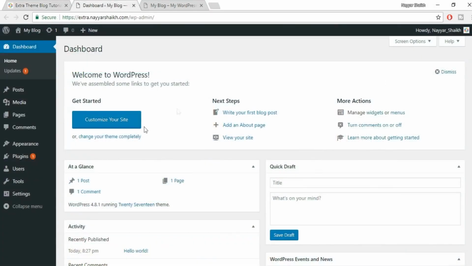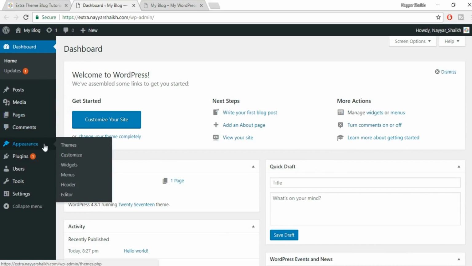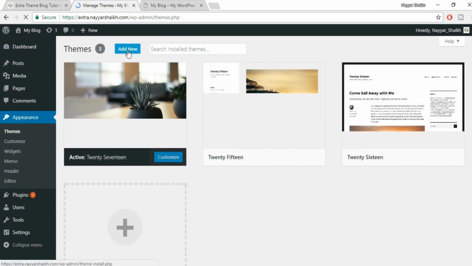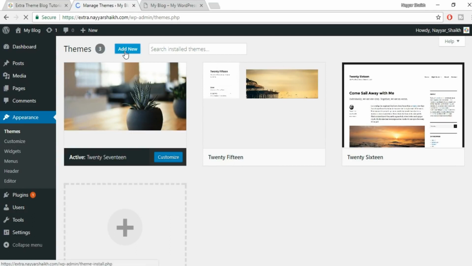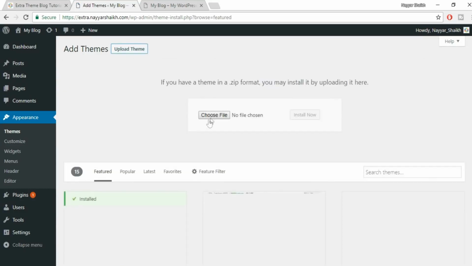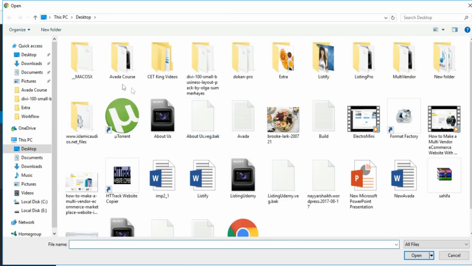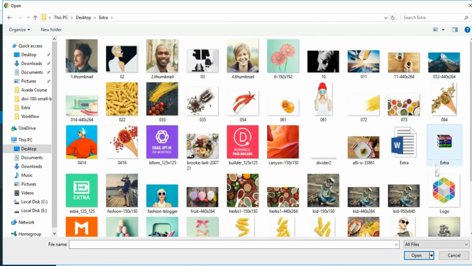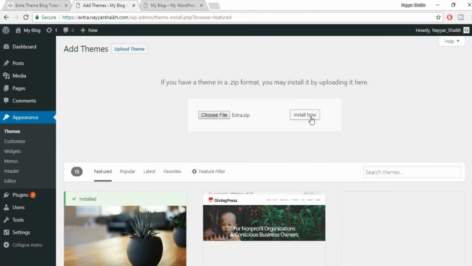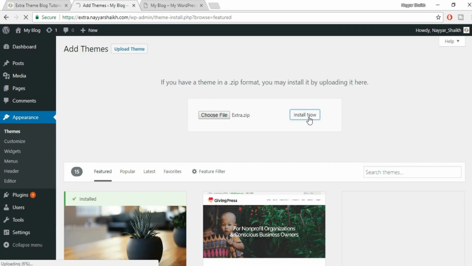So after you download that theme, what you have to do, just go to this Appearance and click on this Themes. Okay, now click on this Add New button from the top. Now click on this Upload Theme button. Now choose file. Okay, now you have to select the theme file from here. So this is the theme file, and click on open and click on install now. So basically this will start installing your theme on the website,